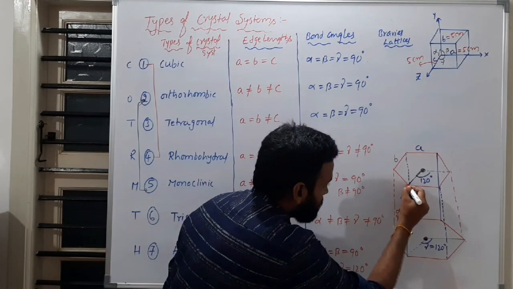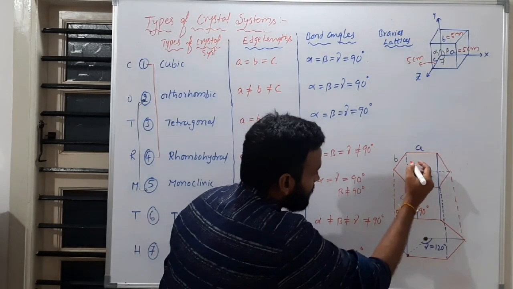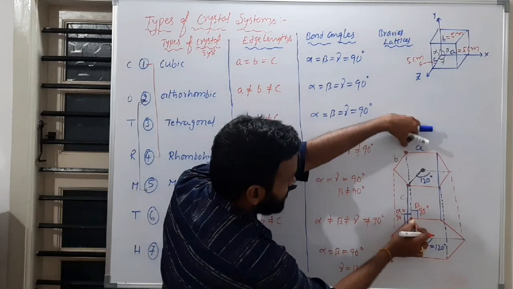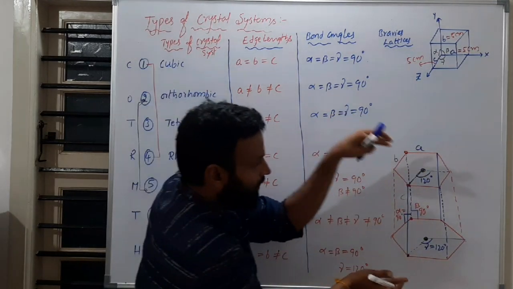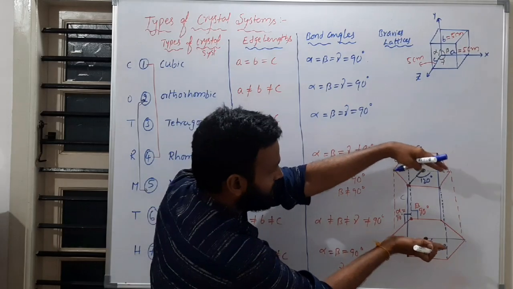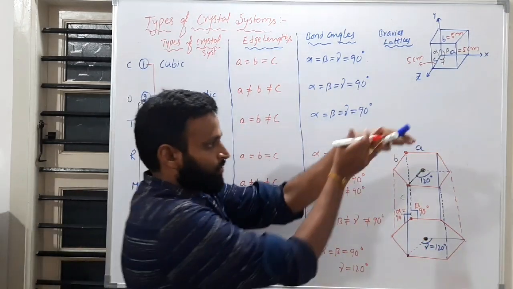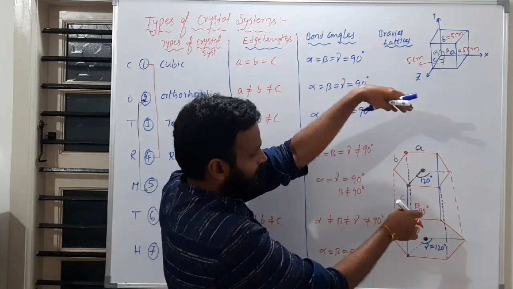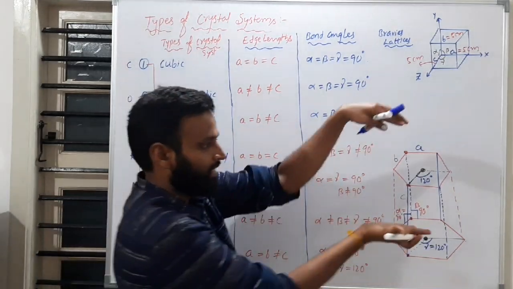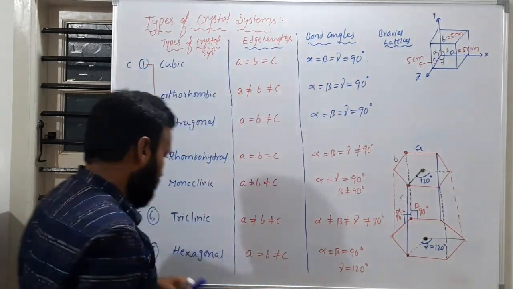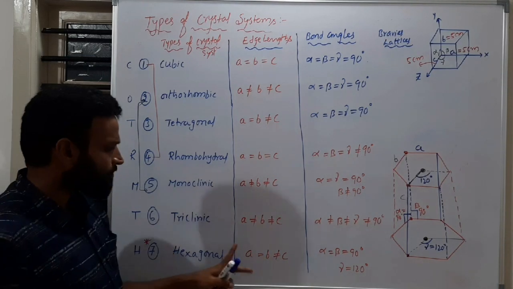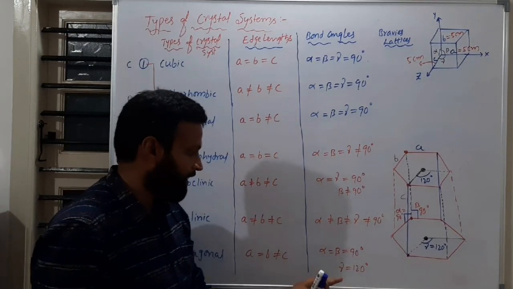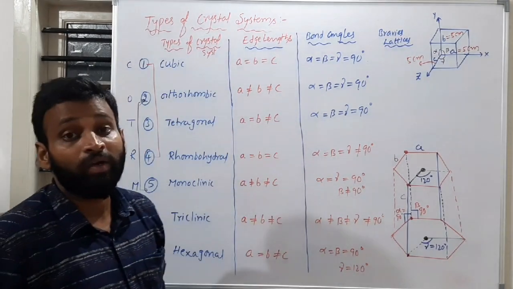Because see, here to here, length is different. Otherwise you can consider from here to here, length is different. So this length you can consider as C. I am drawing two dimensional, but actually they are like this. This is a hexagonal ring, this is another hexagonal ring. So friends, suppose this one and this one, if you are considering back, that is 90 degrees, and front side also you will have 90 degrees. So in hexagonal, it's very important: two edge lengths are the same and not equal to C. Alpha and beta are equal to 90 degrees, gamma is equal to 120 degrees.